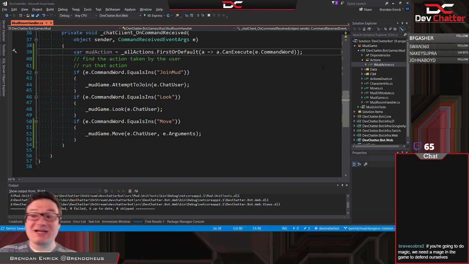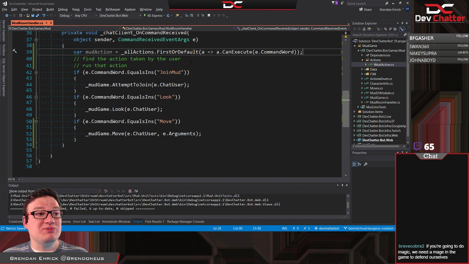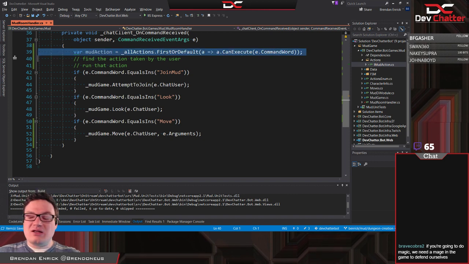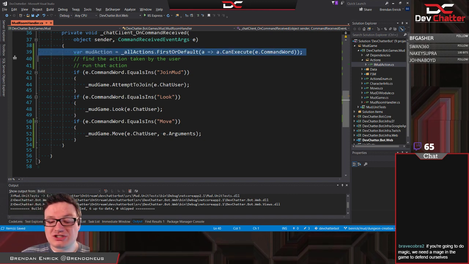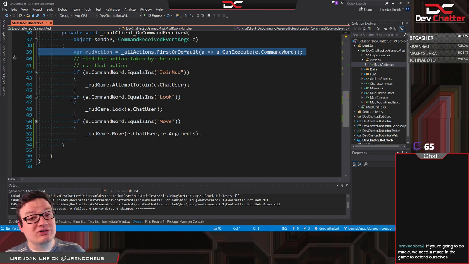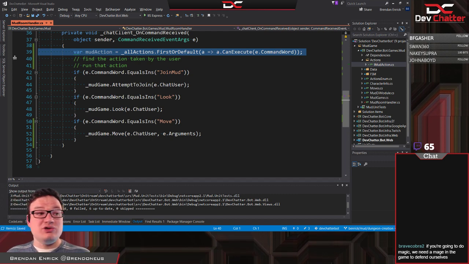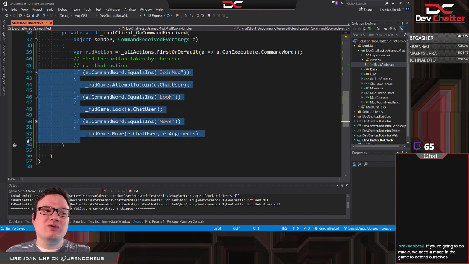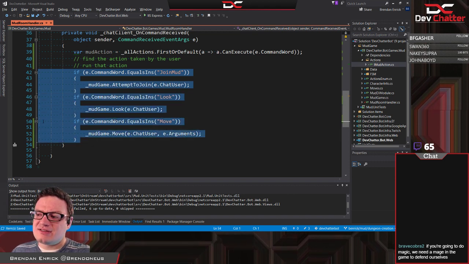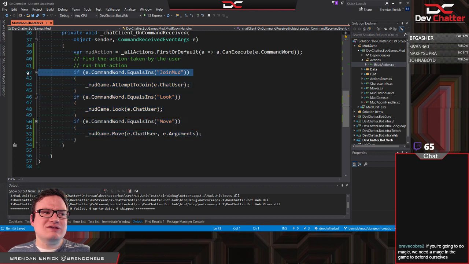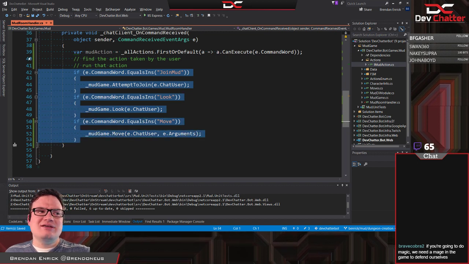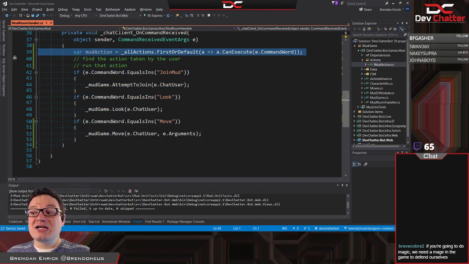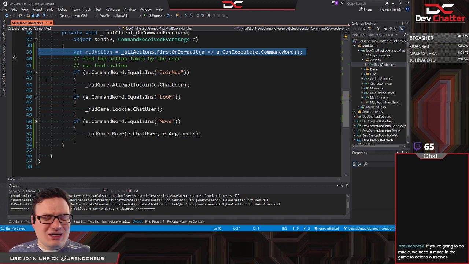Also, one thing I actually just remembered that I wanted to mention. We were talking about the Open/Closed Principle, and the reason I tell you to wait to add the Open/Closed Principle is, if we actually stopped here with just these three commands, just these three actions, I would argue that there's no need for this. And in fact, actually, maybe the third one is the one that triggers it.